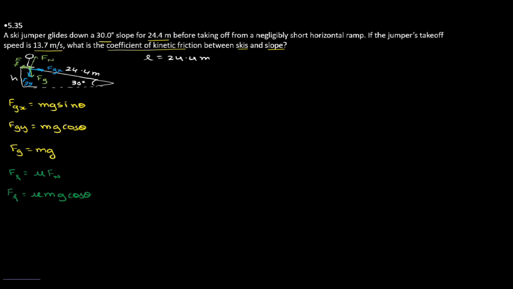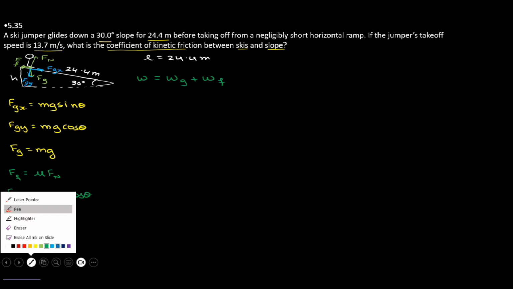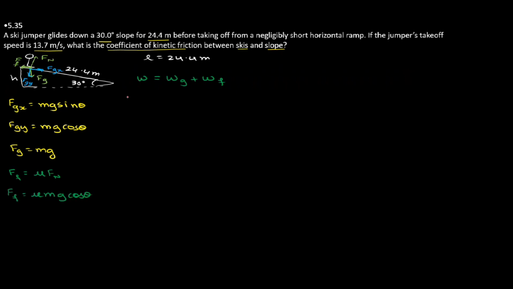Now, the work done by the force of gravity at the top of the slope, that is the potential energy of the skier at the top of the slope, would be equal to its kinetic energy at the bottom if there was no friction. But when friction is involved, some of this work is done by the force of friction against the motion. So my total work done will be work done due to gravity plus work done by the force of friction. Work done due to gravity is mgh,